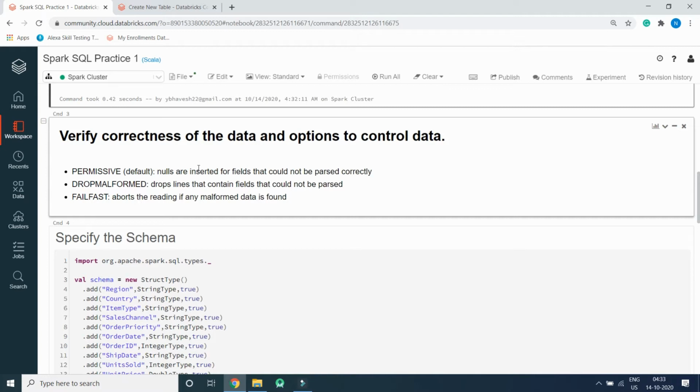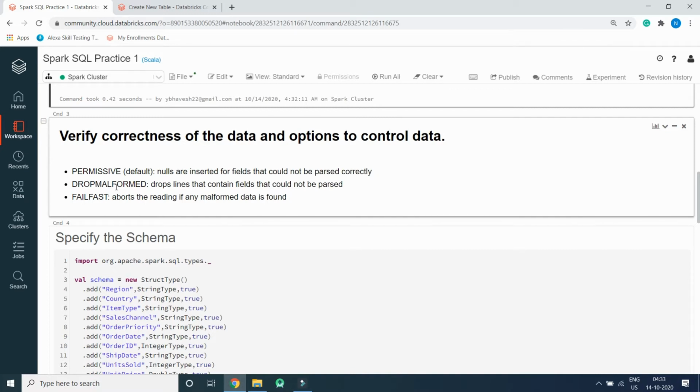In permissive, nulls are inserted for the fields that could not be parsed properly. So whenever there is some junk data, it will be replaced by a null record while loading the data into a data frame.